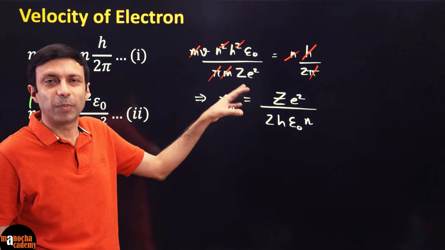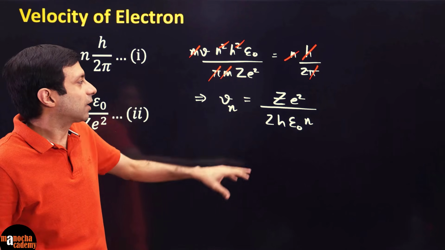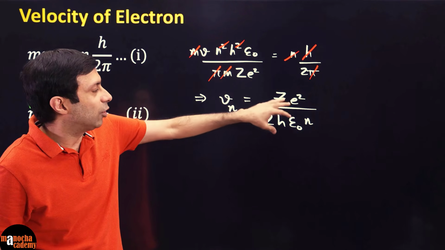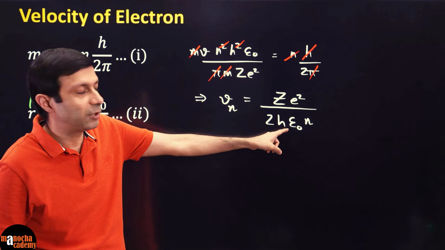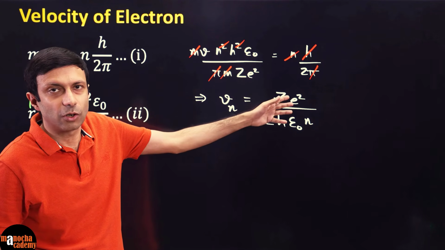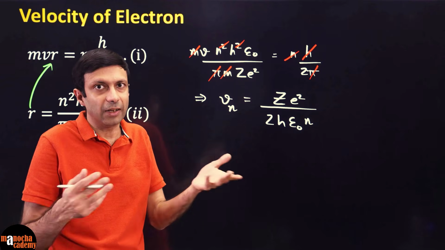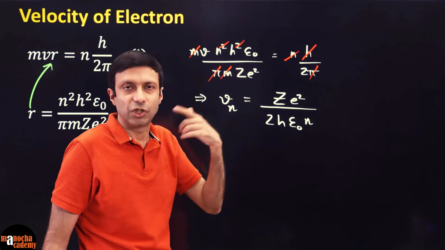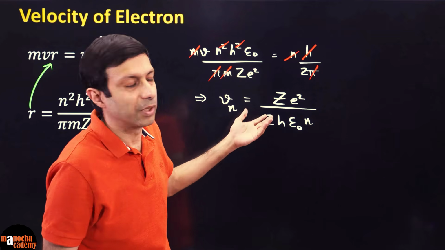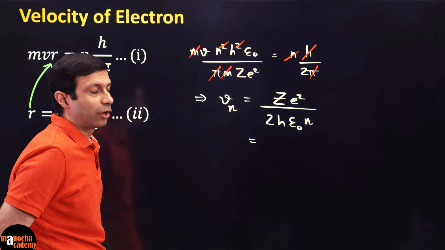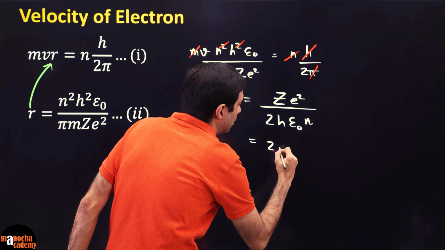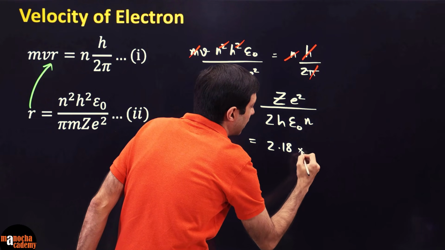Again, this formula is complicated. So what is the shortcut? Shortcut is if you substitute the values of all these constants. Who are the constants? 2, h, permittivity of free space, charge of electron. These are all constants. N and Z can vary according to the atom because the shell number or the atomic number can change. So if you substitute all these constants, you're finally going to get the formula 2.18 times 10